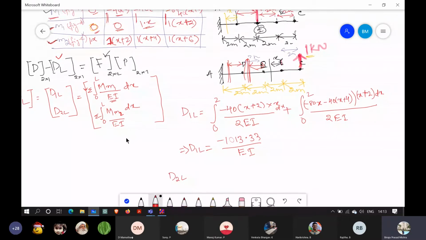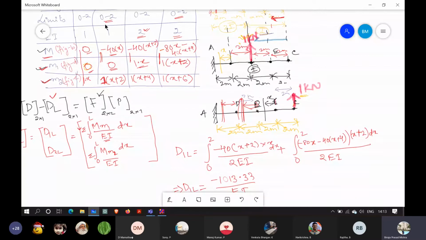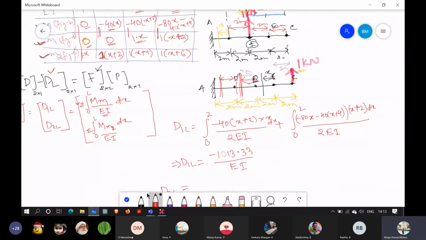So you can see here, d2l equals again the summation from 0 to L of m into m2. Okay, so m into m2 means this one. This is 1 into x, and m into m2 is 0 here, so this will be there. Integration again, L is varying from 0 to 2 for every member. L is the length, varying from 0 to 2. Okay, so I will directly write